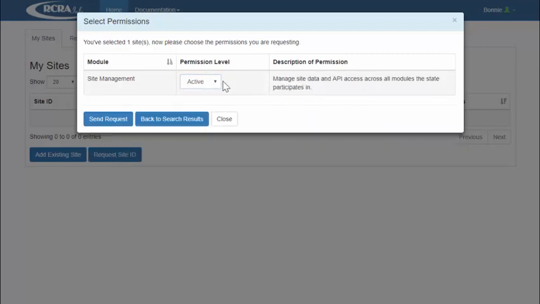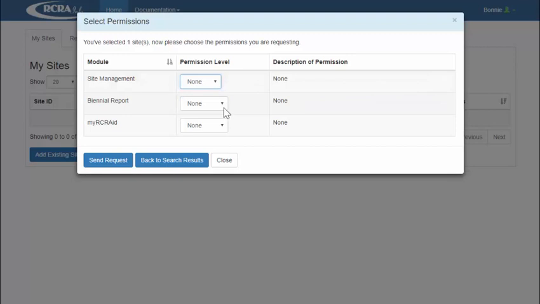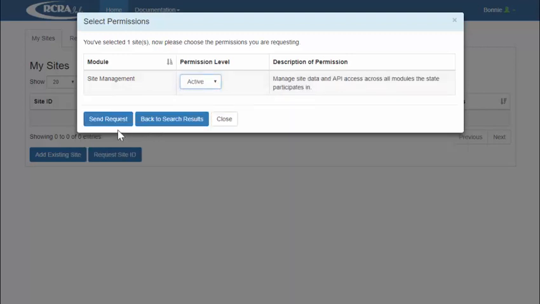If you only need access for the biennial report, for example, then only request that access. Choose the permission level that best applies for your situation. For an explanation of the permission, select it, and a description will appear to the right. Once you have selected the correct permissions, click Send Request, and the request will be sent to the state for approval. You will receive an email once that request is approved.